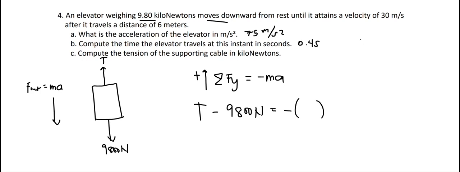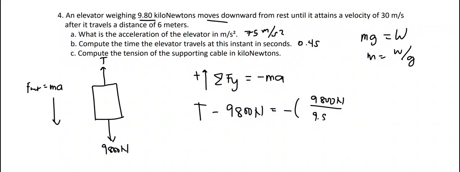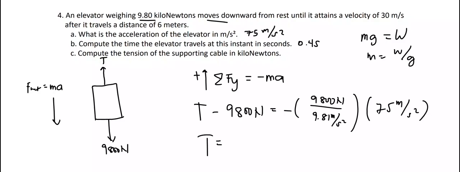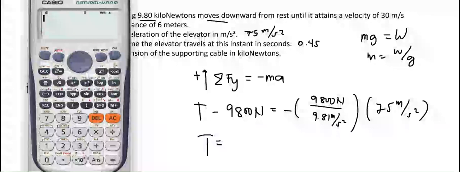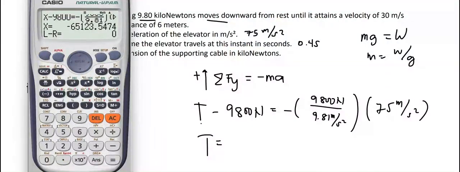To solve for the mass, we know that weight is equal to the mass times the gravitational acceleration, and to get the mass, we divide weight by the gravitational acceleration. So we have a weight of 9,800 newtons divided by 9.81 meters per second squared, and we have an acceleration of 75 meters per second squared. Now we can solve for T using our calculator. We have T minus 9,800 equal to negative 9,800 divided by 9.81 times 75, equal to, we get T equal to negative